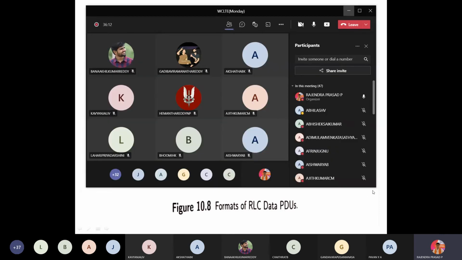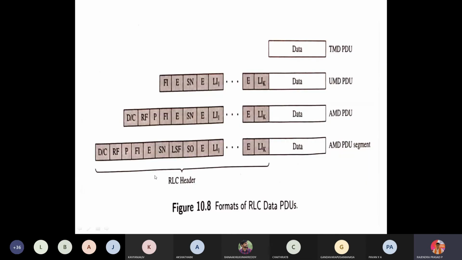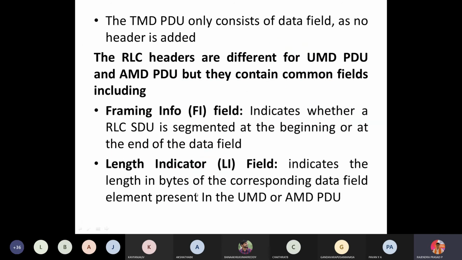Whenever I talk about the header part, I will use the postcard example. Why a postcard? If I just write to Rajendra Prasad and post it, how many Rajendra Prasads are there? Two Rajendra Prasad, SVCE. We don't know whether Rajendra Prasad is a student or a faculty. But if I write Rajendra Prasad, associate professor, department of ENCE, SVCE, then it will reach me. So these are the different header formats present here.